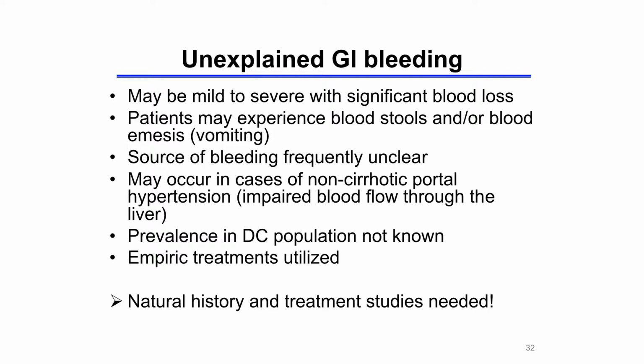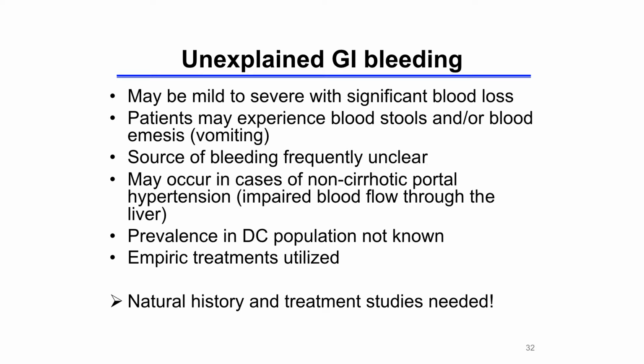And they start to develop these problems where they're having bright red blood or evidence of blood loss in the intestinal tract. If you examine the stool, their hemoglobins are dropping, and lo and behold, they're losing blood in the intestinal tract. Or maybe they have vomiting that has some blood in it. This unexplained GI bleeding can be quite severe and quite problematic. When studies are done to try to find the source of the bleeding, it's not clear. There's not an overt bleeding vessel, there's not a big ulcer, but maybe the vessels that line the intestinal tract don't look quite right, and there's just this generalized oozing